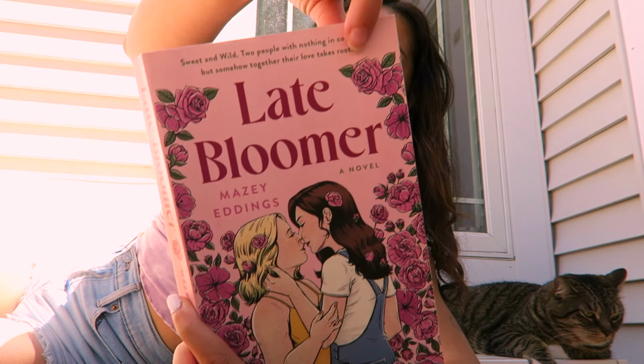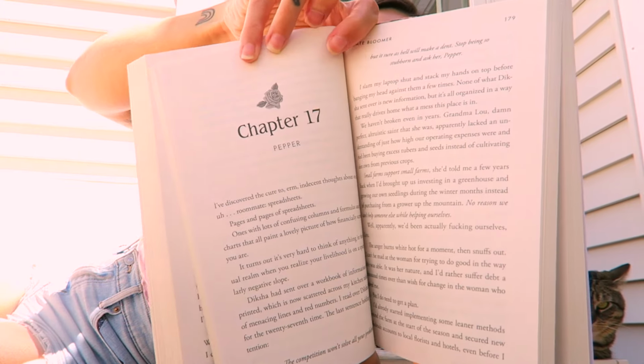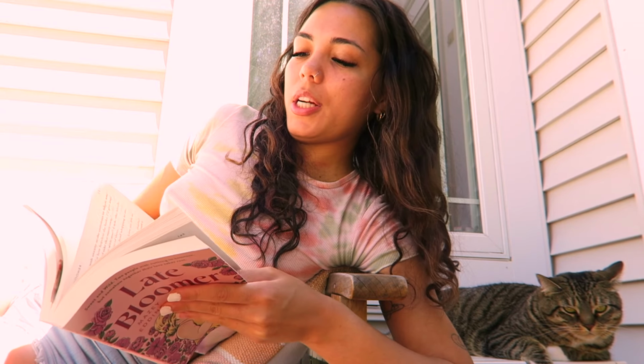Also, each chapter has a flower. I'll show you, actually, instead of showing you the cover. Oh my god, I opened to chapter 17. 17 is my lucky angel number, and Rose, right there, is my birth flower. It's June's birth flower, and I'm reading this in June, so I just feel like it is meant to be read right now. I could have finished this book 2 days ago, but I'm really savoring it because it is